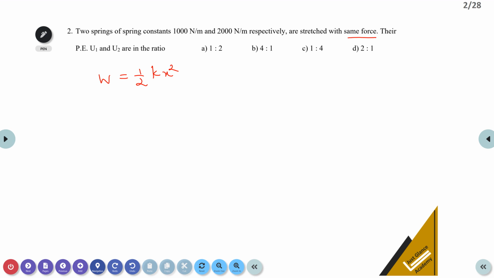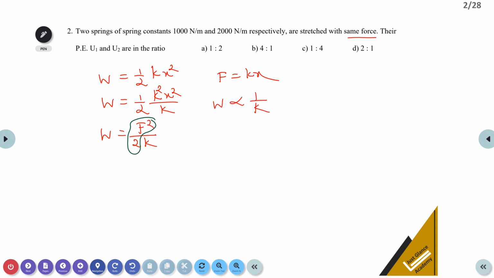But I want to write the relation between W, K and F, because the force is the same. So I can write W equal to one by two K squared X squared divided by K. But we know that F equal to K into X. So W equal to F squared divided by 2K. Here F is constant and 2 is constant, so W is directly proportional to 1 divided by